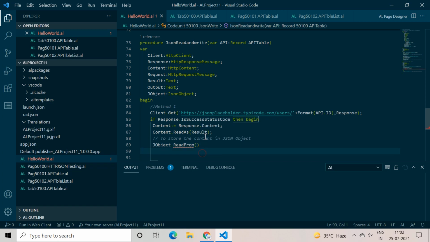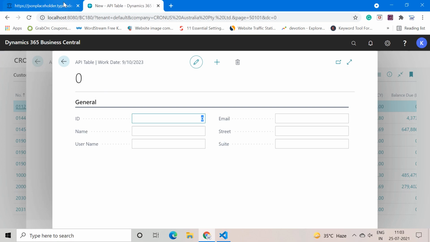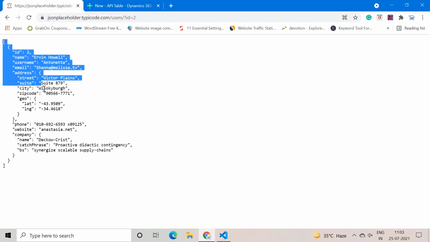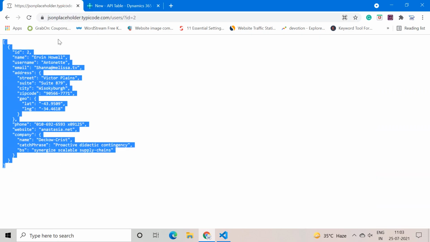But we know that we have the data available in our result, which is a text field, so we can pass the result here. As soon as you pass the result into the JSON object, it will parse this complete result into your JSON object.